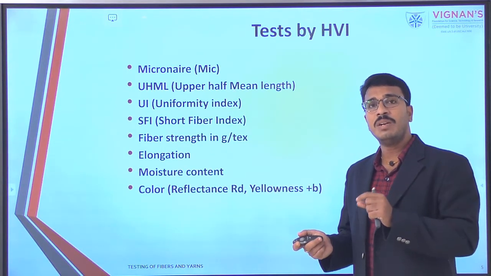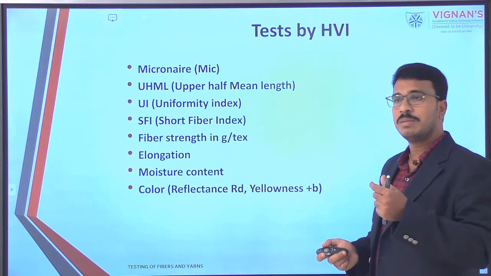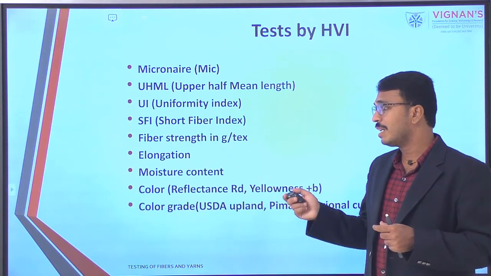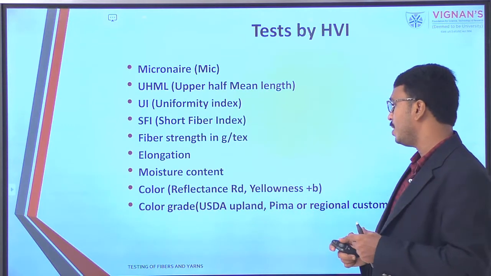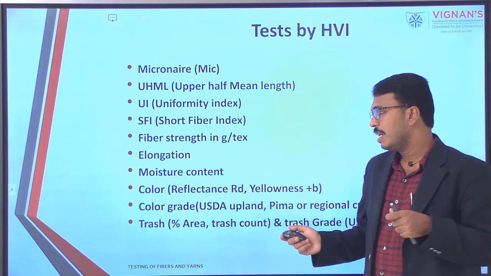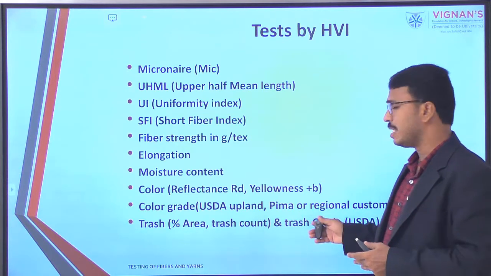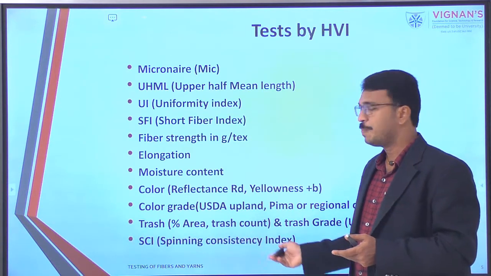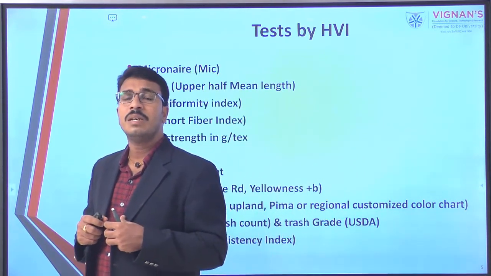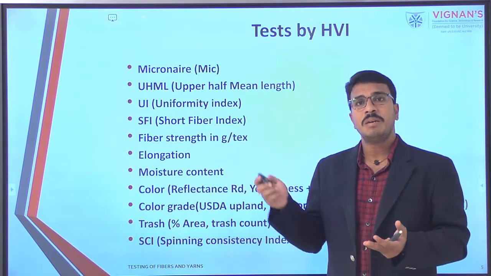In color we can find out the reflectance, that is Rd value, and yellowness of the cotton, that is plus b value, which corresponds to yellowness. And color grade by using the USDA Upland and Pima regional custom-made color chart, and trash, that is the percentage of area covered by the trash, and the trash grade also. And finally, spinning consistency index. So these are all the various fiber dimensions which can be measured by using this